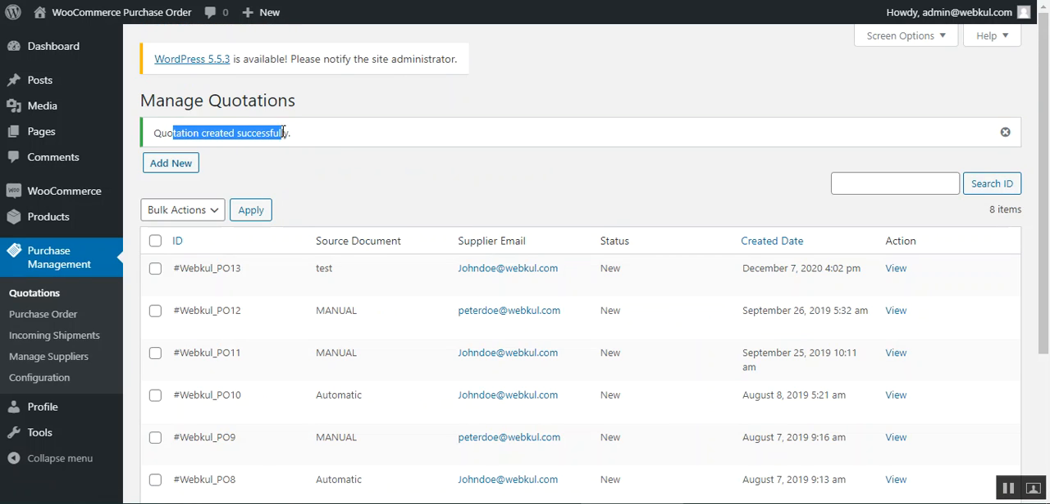So you can see that the quotation has been created successfully, and now that particular quotation has been listed under the quotations here. So here's the quotation that we have just created, Webkul PO13. This was the prefix that we chose in the configuration settings that needs to be added for the quotations there. And here we have the source document. I've just chosen test. You can choose it as manual or automatic, and the status, creation date, and we also